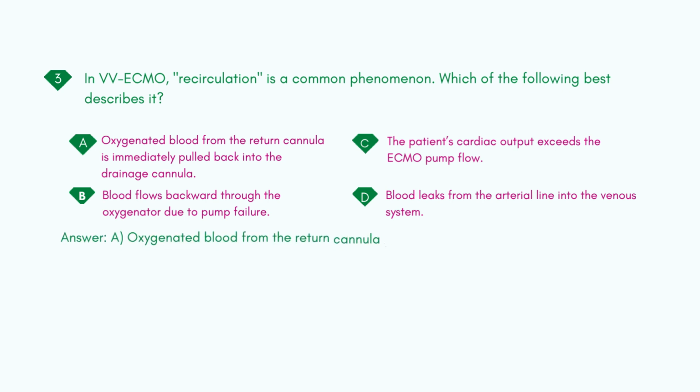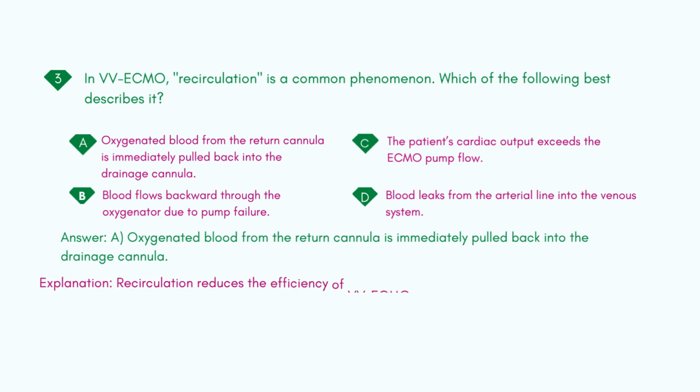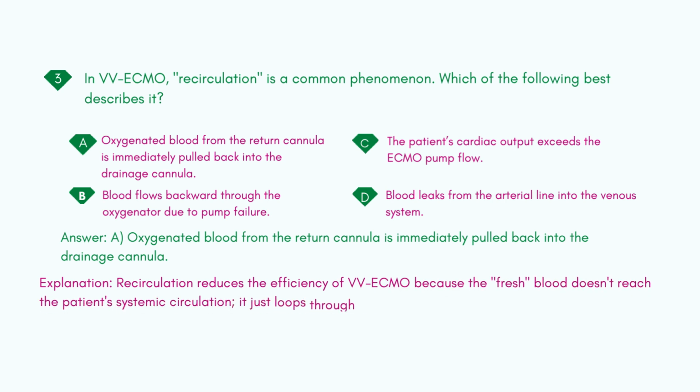Answer: A. Oxygenated blood from the return cannula is immediately pulled back into the drainage cannula. Explanation: recirculation reduces the efficiency of VV-ECMO because the fresh blood doesn't reach the patient's systemic circulation, it just loops